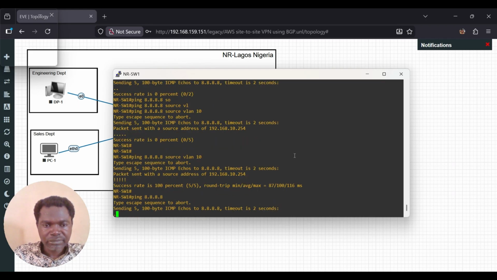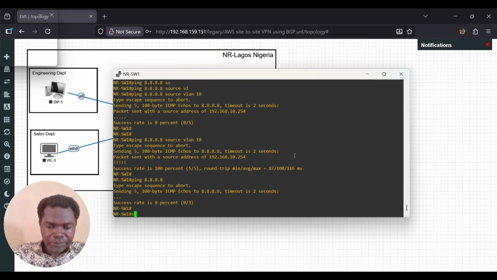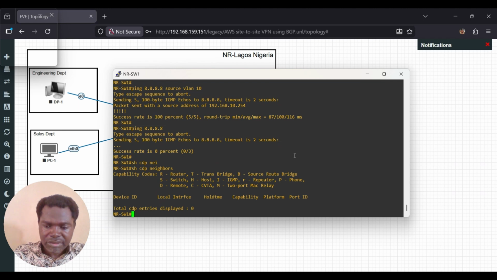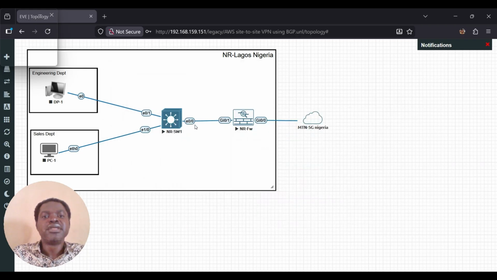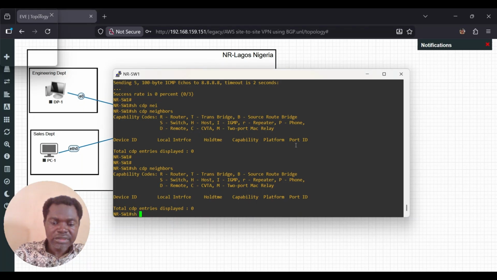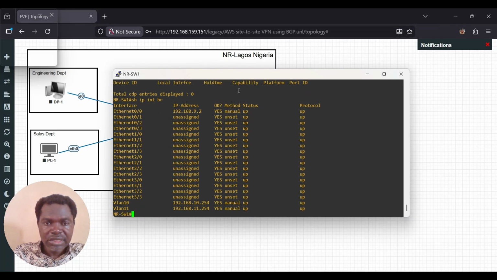Okay, so let me try it from now on. The reason why the switch is not going is because if we do show CDP neighbors, it's not because it's connected to the router, it's nothing like that. This interface 0/0 is connected to the firewall at the IP address of 9.2.